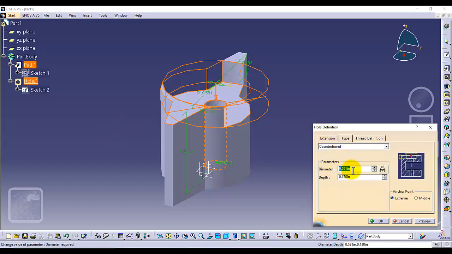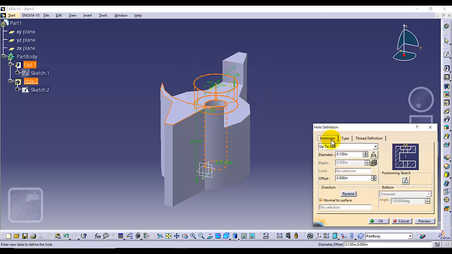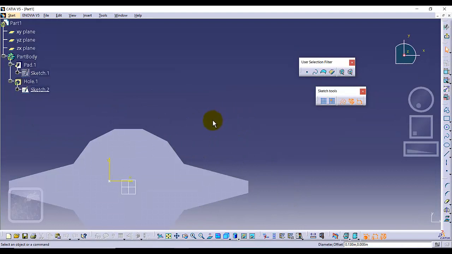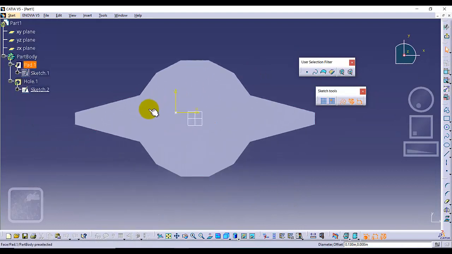As you see, for the contour board, the diameter is not correct. Its diameter is 0.25. Select it, go to extension, and then position our sketch by selecting the positioning sketch. I am going to select the position sketch and just pan it here. As you see, this point is basically the center of our holes, our contour boards. So we needed to make this here in the middle of it. So I am going to move this like here,